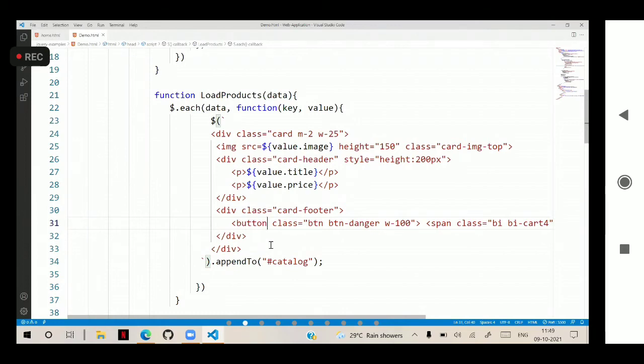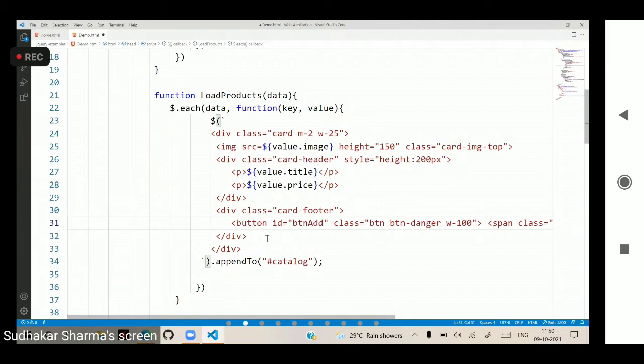In jQuery events, we cannot perform events for controls that are dynamically created inside a particular element. So that's not possible. For example, I will put an ID for this button as btnAdd.